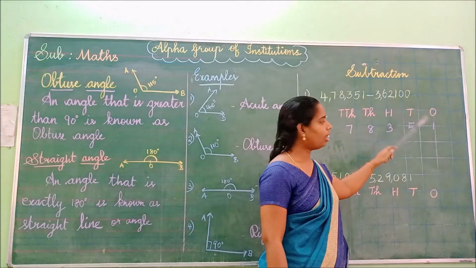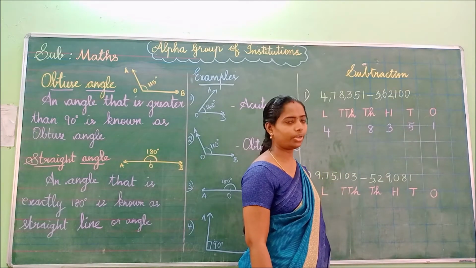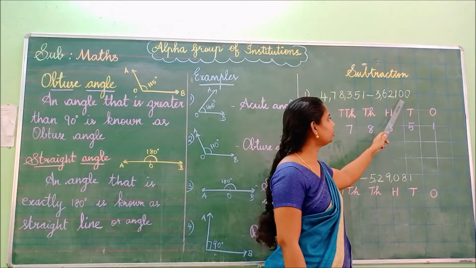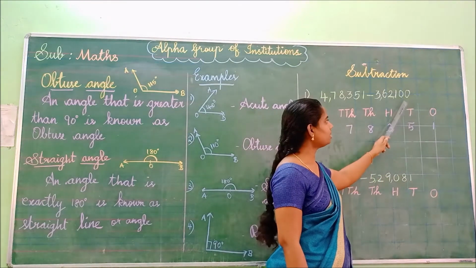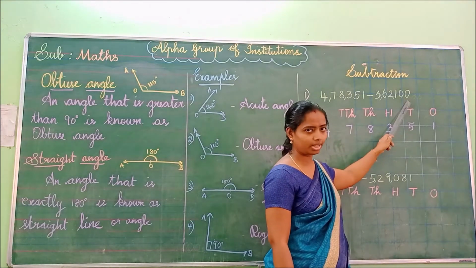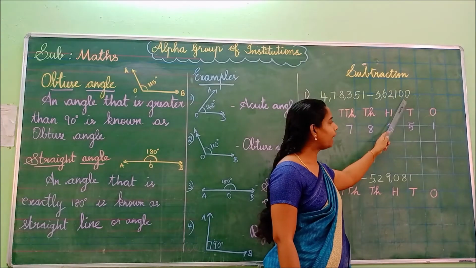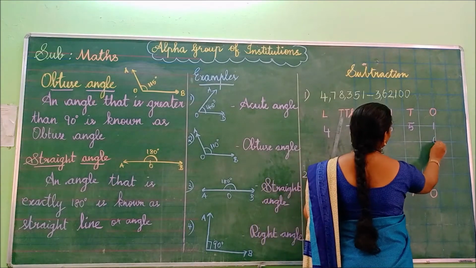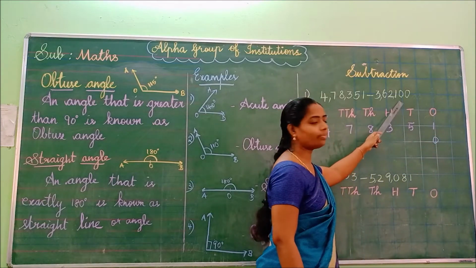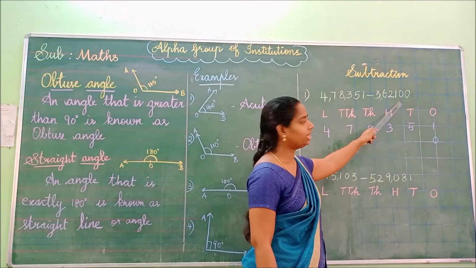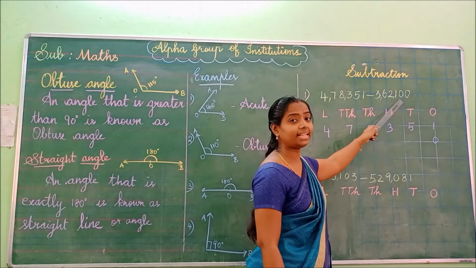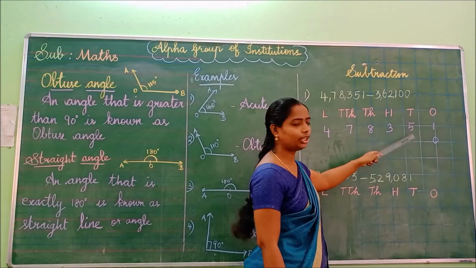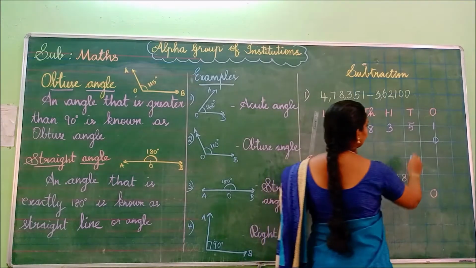Next, we are going to place this number according to the place value. Okay, we are going to start from the ones place. Okay, children, shall we start to place these numbers here? What is the last digit? 0. We have to place this in the ones place. Okay, 0. Next, what is the next number? It is also 0. Yes, very good. You have to place this number into the tens place.